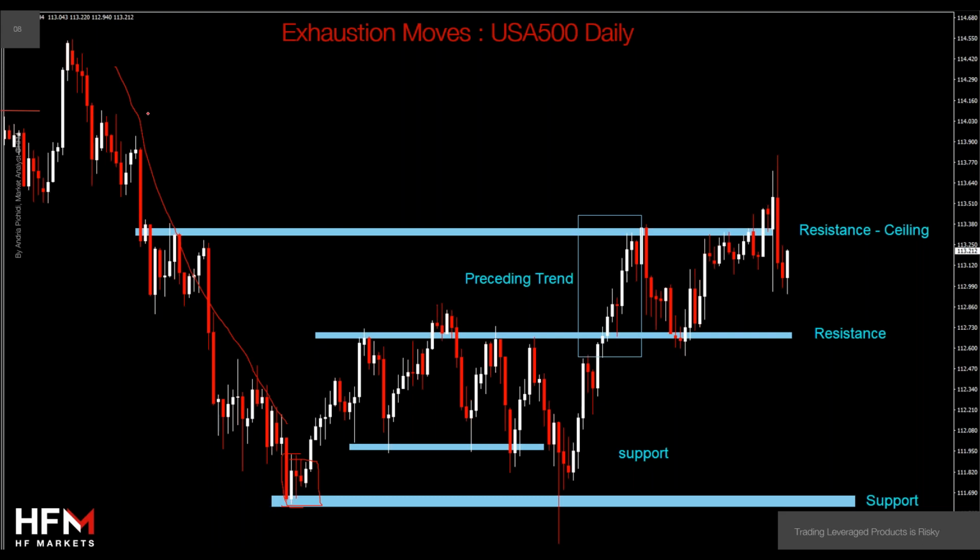So we have a preceding trend and indecision at support, which means reversal. So an entry point could be taken with this candle over here, once this candle bullishly crosses and moves away from the support area and these indecision candles. That could be a long entry point with target at the previous